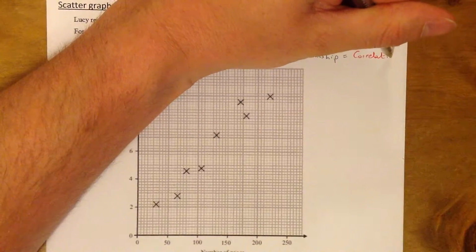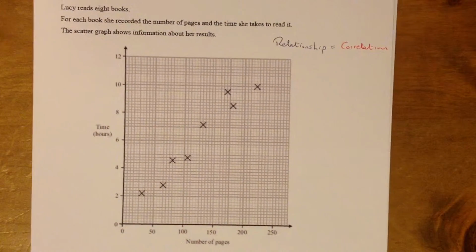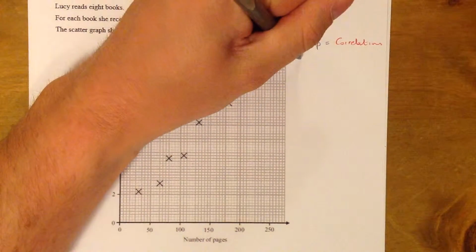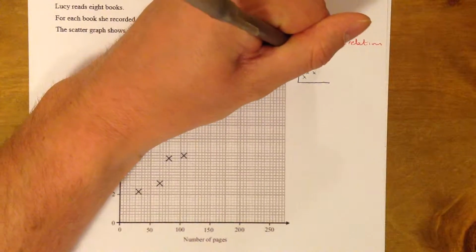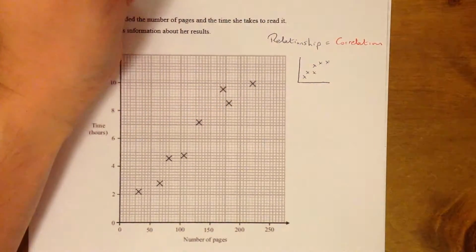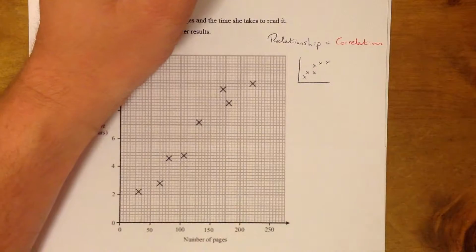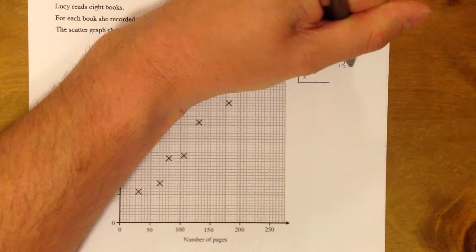So correlation is the maths word for relationship between 2 pieces of data, and there's 3 types of correlation that you're going to need to know for your GCSE, and they look very similar to this. If the data is travelling in this direction, so from bottom left to top right, whether it's really tight, strong data or whether it's quite loose spread out data, weak data, this is known as positive